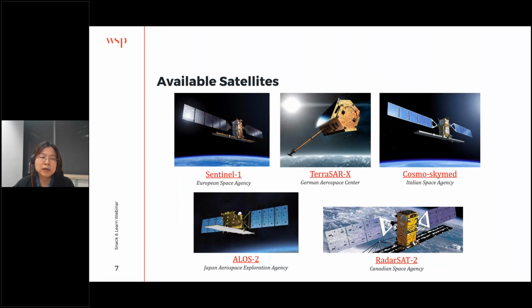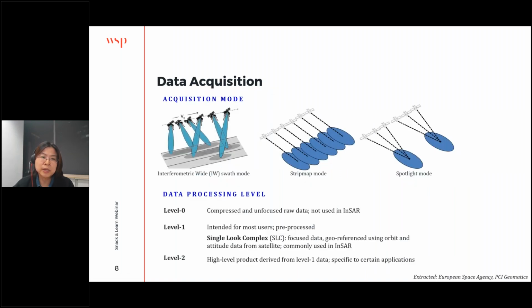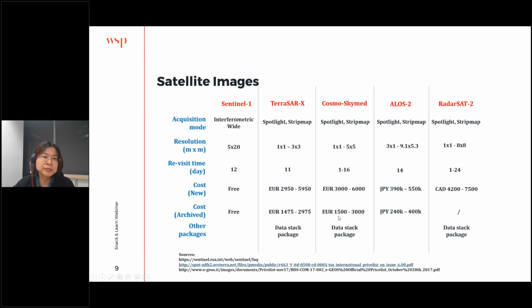There are quite a lot of satellites available nowadays, like Sentinel from the European Space Agency, also TerraSAR from Germany, and COSMO from Italy, also Japan as well. So it depends on the user requirements and you select which satellite image to apply. It depends on the acquisition mode and also the data processing level. Most of the time we are using level 1 processing level in InSAR. And as I mentioned just now, it depends on the user requirements. So here we summarize some of the